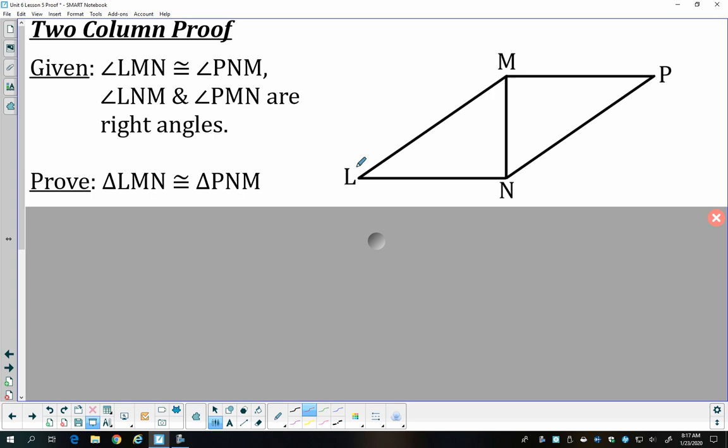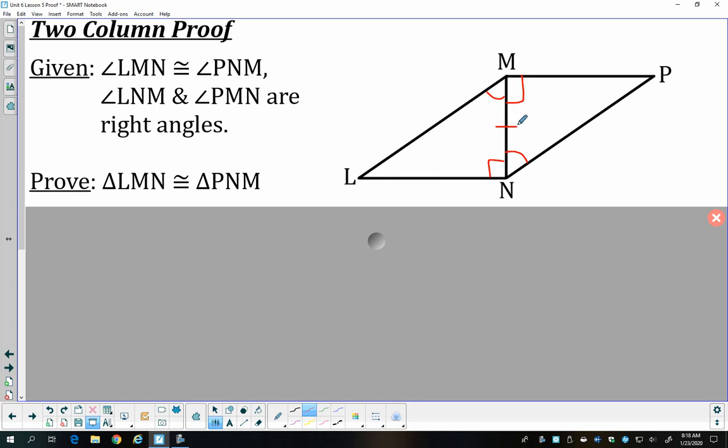Angle LMN right there is congruent to angle PNM right there. Angle LNM and PMN are right angles. So LNM, that's a right angle. PMN, that's also a right angle. And then now we should know from practice that we have a reflexive property scenario here, so we can mark